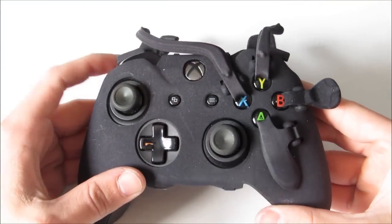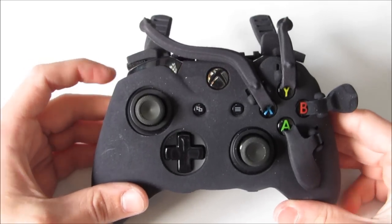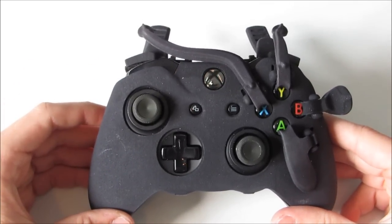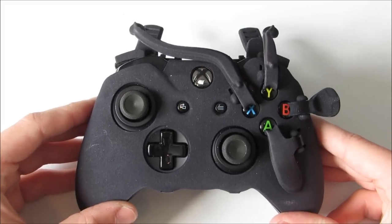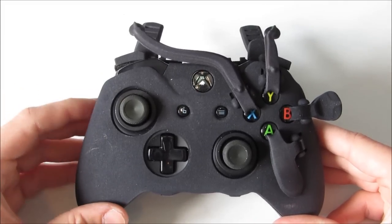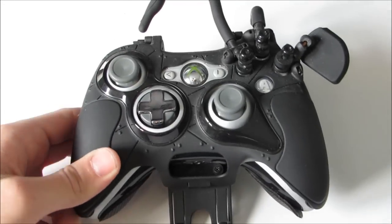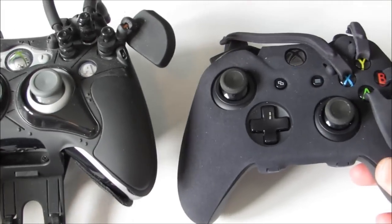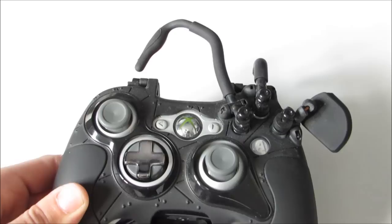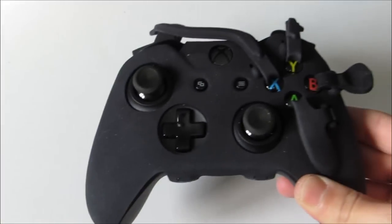Okay, so here we are taking a look at a hands-on with the new Avenger Reflex. So a lot of people are going to be asking, what's the difference between the Xbox 360 edition and this one? Because I have done a review on the Xbox 360 edition a fairly long time ago. So let's show you guys the Xbox 360 edition. As you guys can see, it's a lot bigger. I can't really zoom out the camera here, but if you guys look, it's a lot bigger. It looks like a spider, a lot of people said,